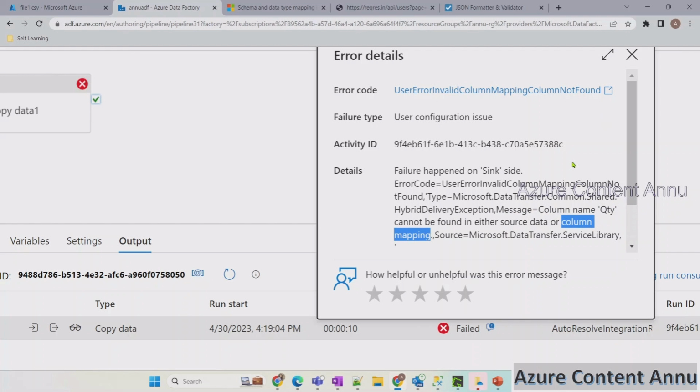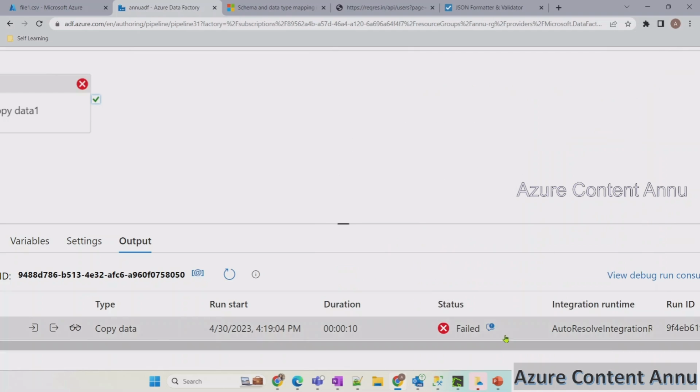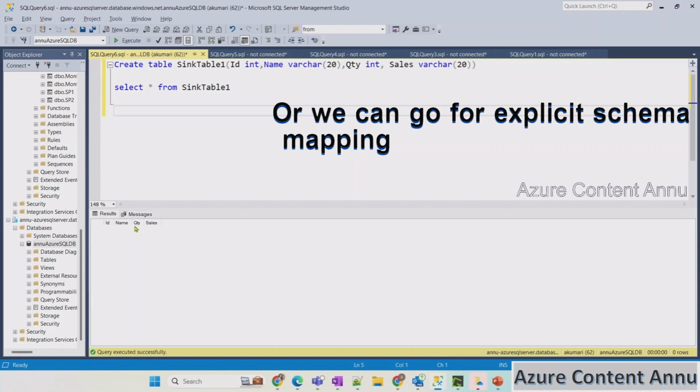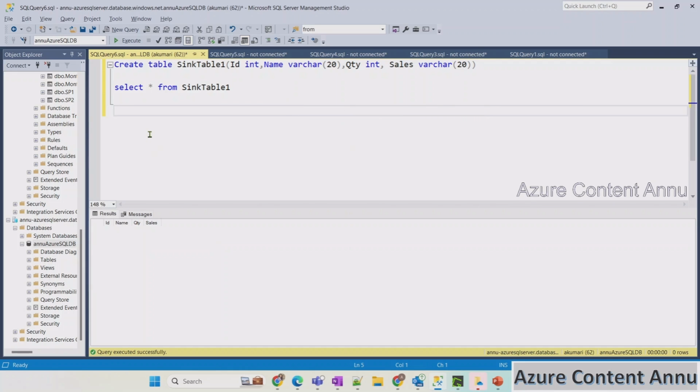Okay. So in this case, what we can do is we can either go to the sync, since we cannot change the source data. Usually we do not have access to the source data because it might be coming from the client directly. So either we can alter this table to rename this column, that is camel case QTY, to small case QTY. Okay, so to do that, in Azure SQL DB, we have to write exec statement, exec sp_rename, and then we need to give the table name, that is sync table 1, and then the earlier